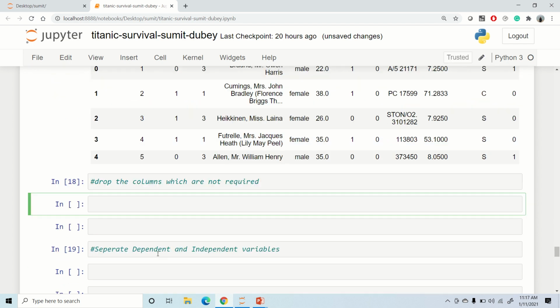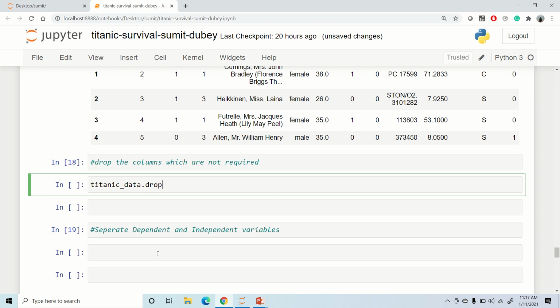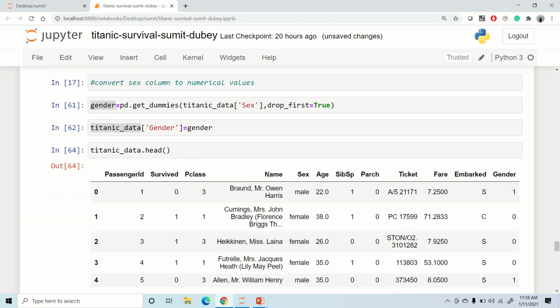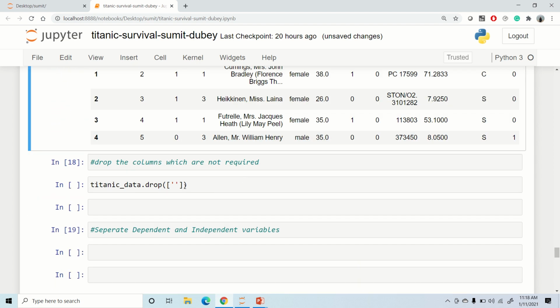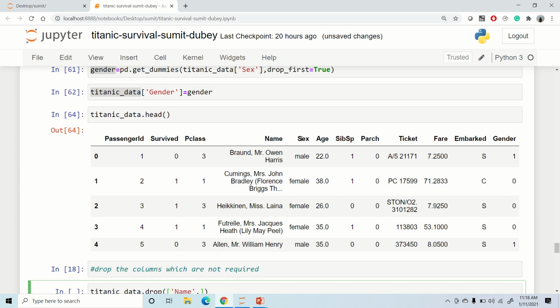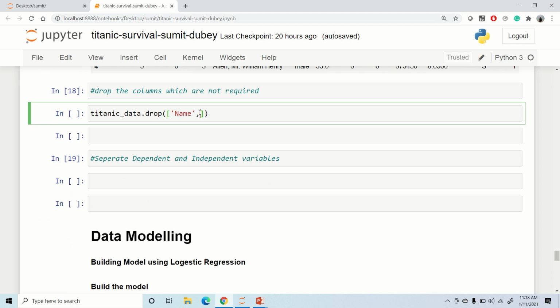So I'll say Titanic data dot drop, and we have already learned how to drop a column. Now in this case we have multiple columns, so we will drop these many things. First of all, name, so let me write name here. Then we're going to drop sex, so let me just copy this as well.